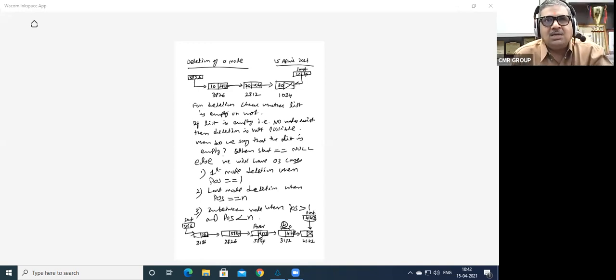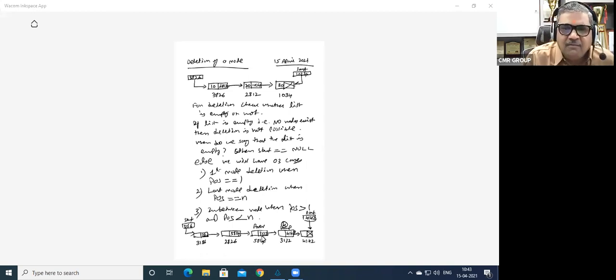Last time when we were inserting, I required only one pointer, temp. But now I'm not going to solve the problem with only one pointer. I have to take two pointers, temp and previous. Why?